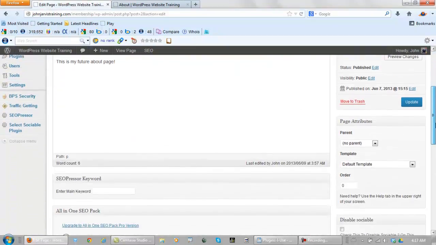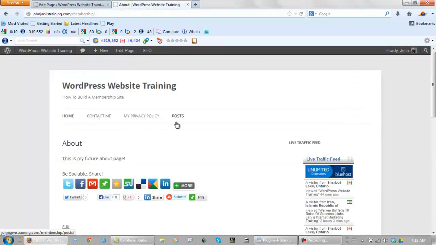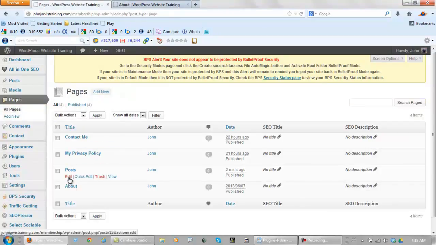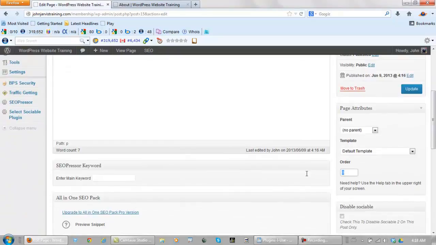And if you scroll down here, order, have this as 1, update, and if you want your post to be number 2, you go to all pages, go to posts, edit, order, number 2, update,